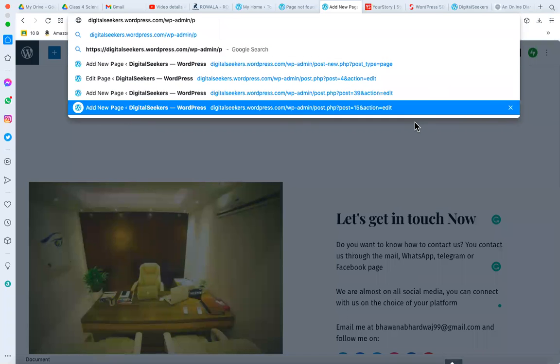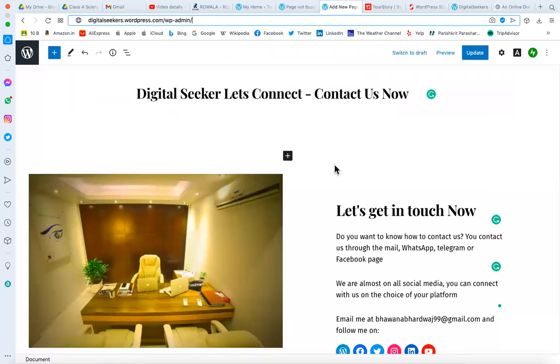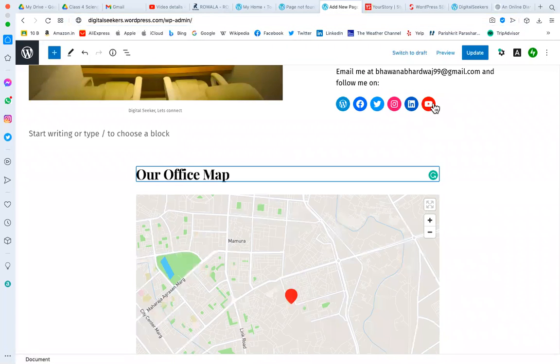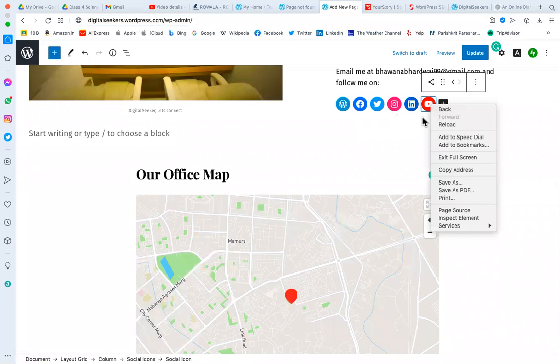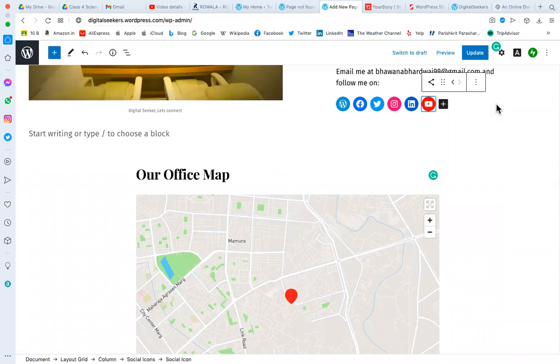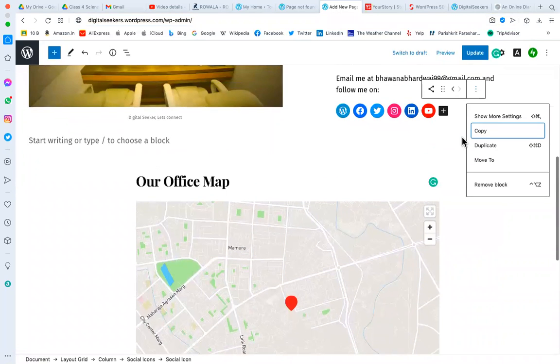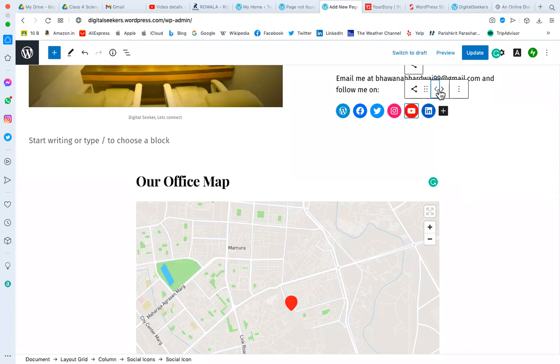Okay, you want to delete the particular social media. If you want to delete, yes, you can simply delete it. You will select it and click on delete. If you want to remove the entire block, you can remove the entire block. If you want to change the position of a particular icon, you can change it. If you want to delete it, select this,